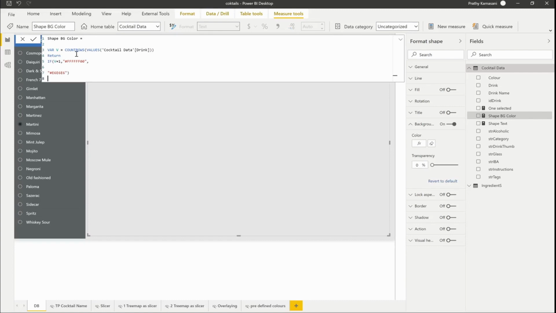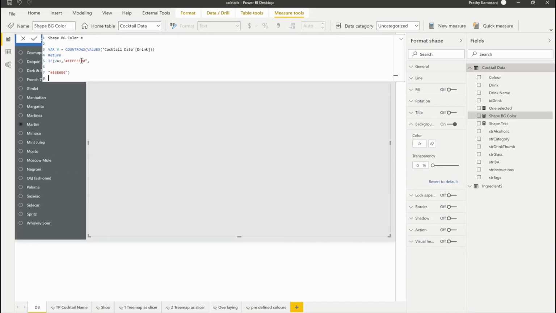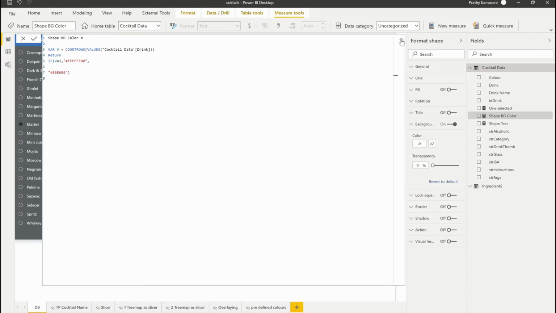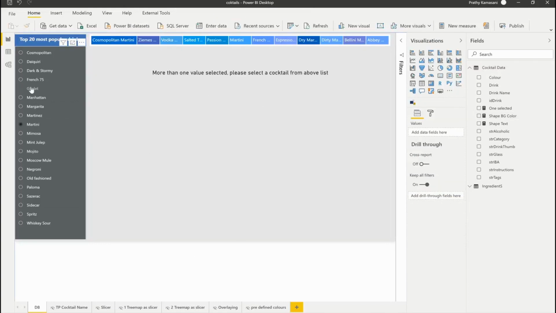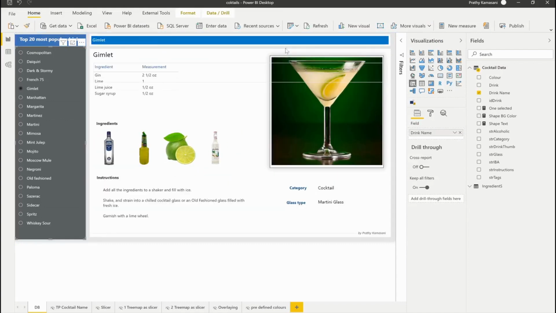Whenever there is one value, show the transparent color. Otherwise, show my background color. So that's pretty much what's going on here. It's a very simple measure. If there is a single selection, that's when it shows the transparent color. So whenever I choose a single one, because my count is one, the background color is changed to